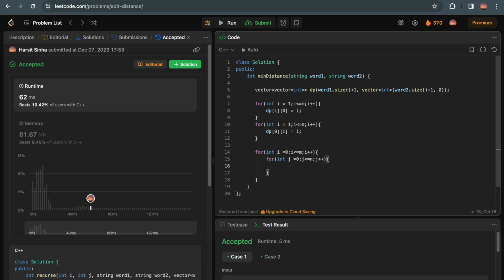And for each cell, we need to check if the characters at that index match or not. So for word 1, let's check if index i-1 is equal to word 2 at j-1. If it matches, then for this subproblem, dp[i][j] will store just the value at the previous state of the dp when these two were not the indexes. Else,